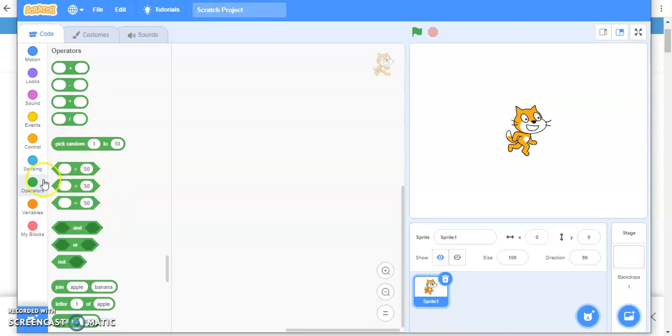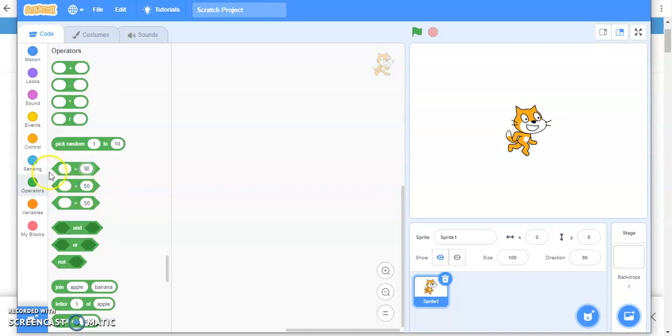Then these are the comparing operators, where I am comparing a value. For example, in a game, if I score more than 10, then I win the game. So I'll put score here and then greater than 10. I'll change this value to 10, so that I can come to know that this is the criteria. If I score more than 10, I won the game. So you are going to use this.